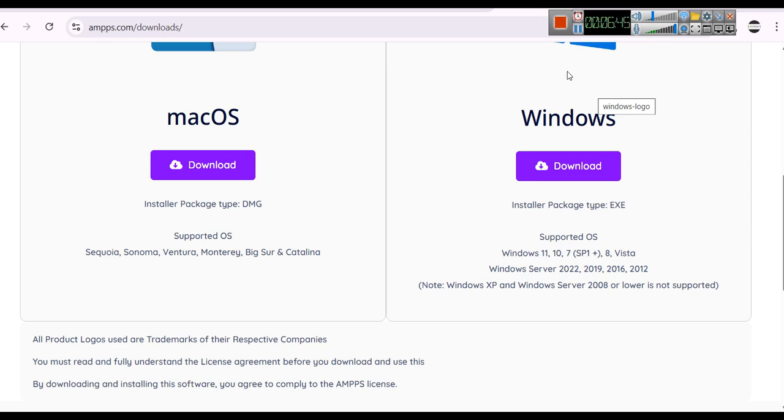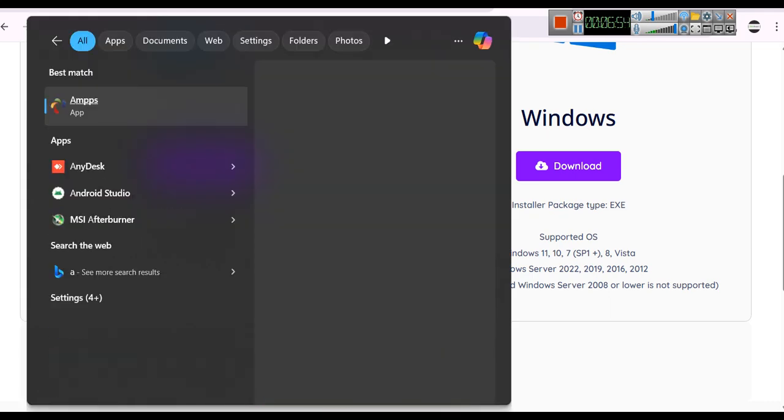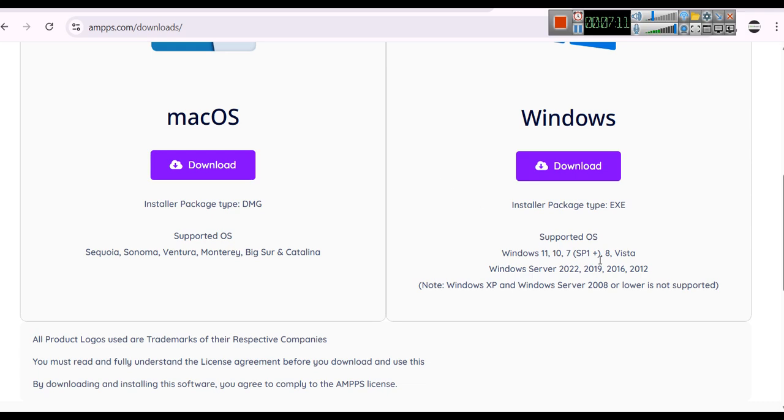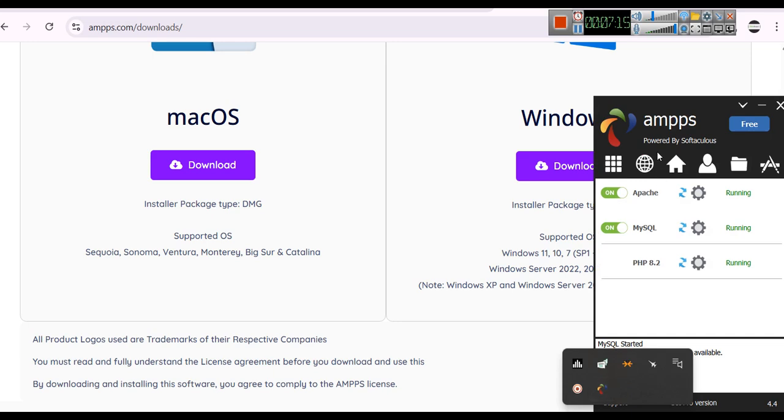I will explain it to you. Once that executable file is installed in your computer, then you are going to see an option like this, AMPPS, and this video is being recorded, so you can follow step by step what we are discussing here. In this video you will open AMPPS, and once you open it, you are going to see an